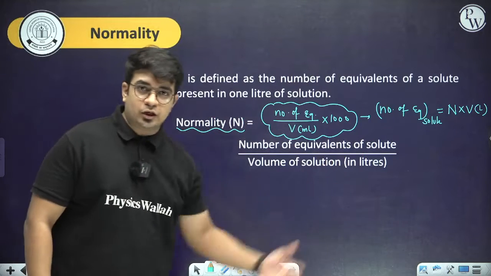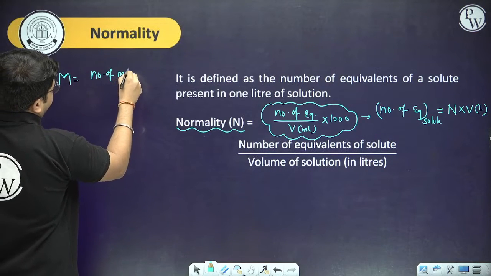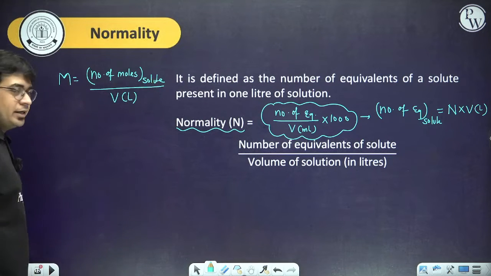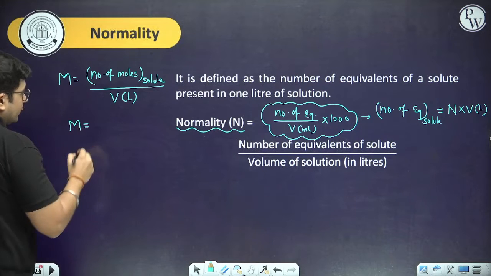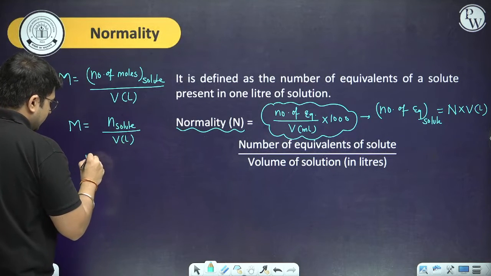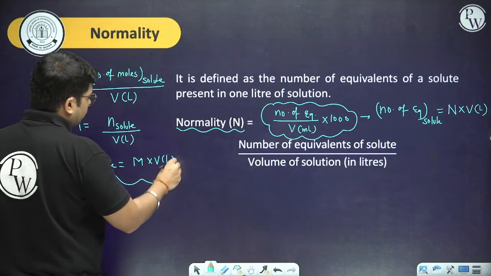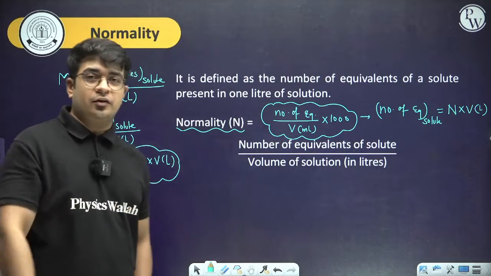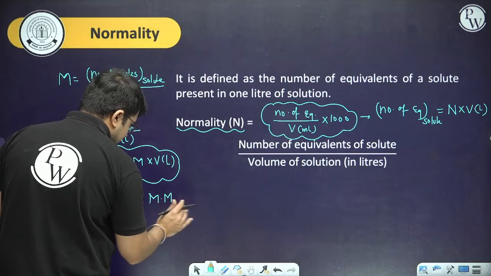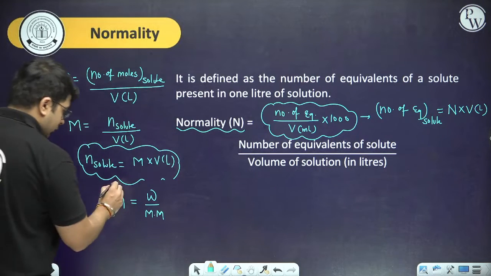But there are multiple things, like how to decode this entire part. So first thing, if you know that molarity is basically number of moles of solute divided by volume in liter, that is the molarity. So molarity will be equal to n of a solute divided by volume in liter. From that part you can say that n of a solute will be equal to molarity into volume in liter. So you can see most of the formulas of normality and molarity are exactly same, but instead of using moles I am using equivalents. Now the second part, if you know that the number of moles is equal to given weight divided by the molar mass, if you remember this exact formula,